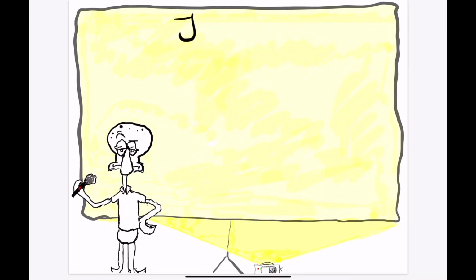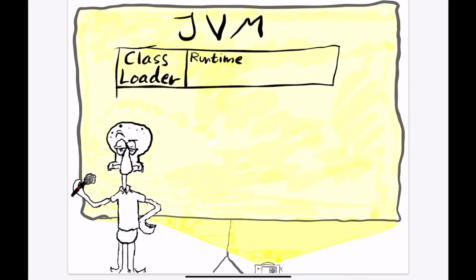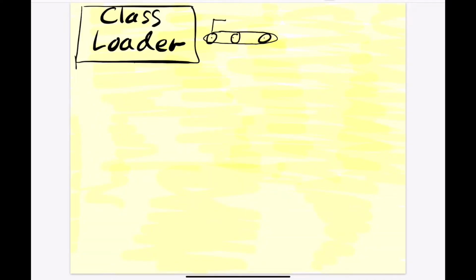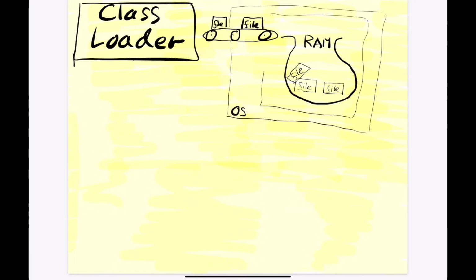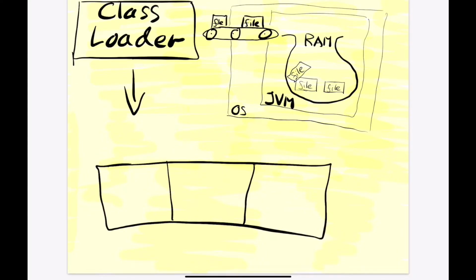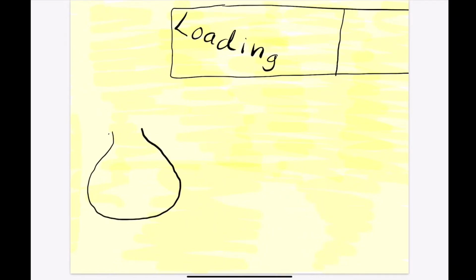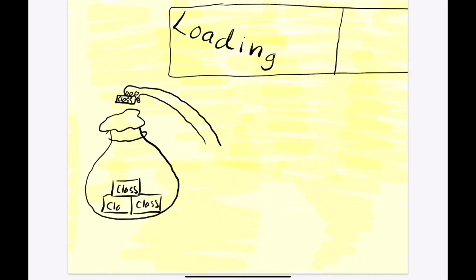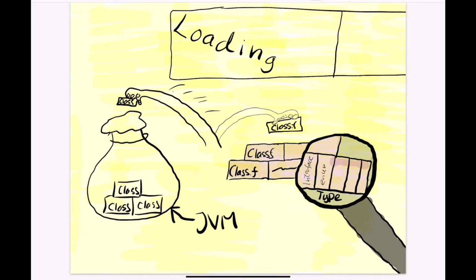Hi, Cam. Java Virtual Machine can be split into three main functions: the class loader, runtime data area, and the execution engine. The class loader is the subsystem of JVM which transports and saves files to the operating system's RAM, where the JVM is located. Moreover, the class loader can be further divided into three parts which include loading, linking, and initialization. The loading part deals with saving class files to the JVM with necessary information such as the type, interface, and